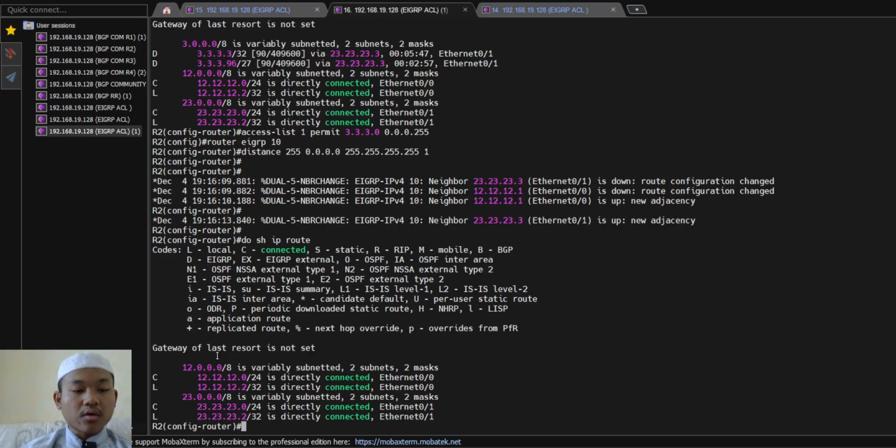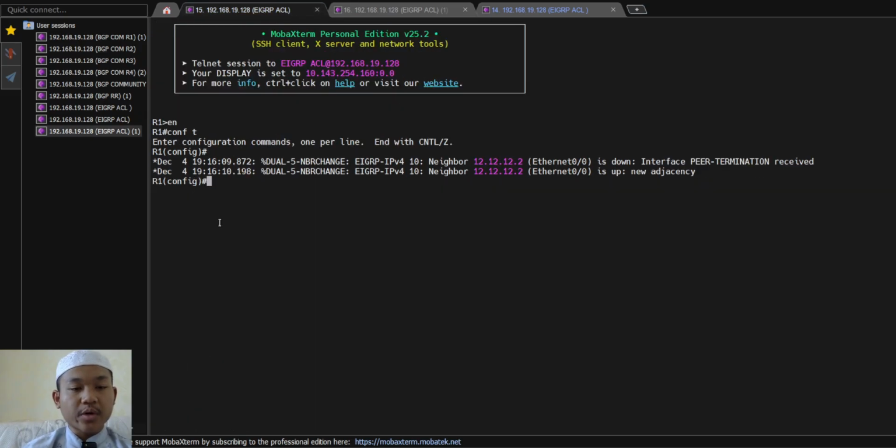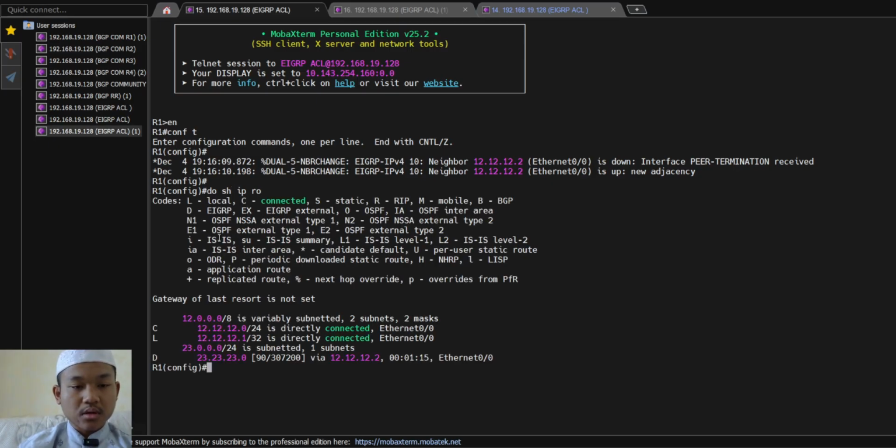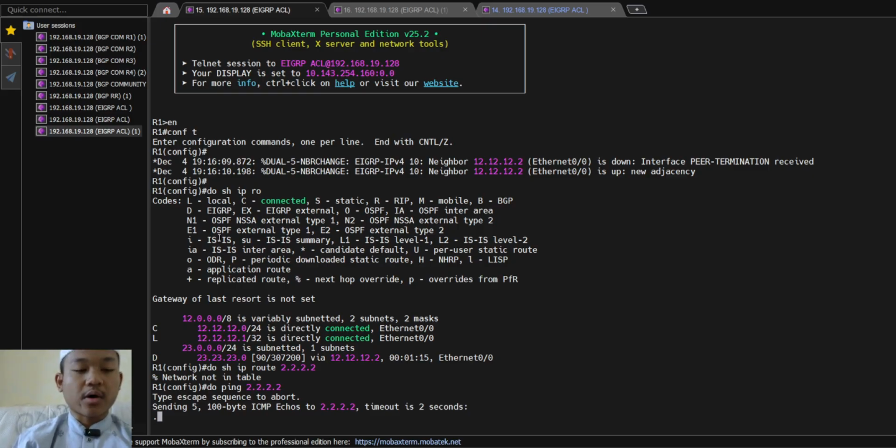Okay, and now we're going to do show ip route on router 1. Yes, the IP loopback is not in the table. Sorry, show ip route 2.2.2.2. Yes, not in the table. And then now we're going to ping the IP loopback 2.2.2.2. Yeah, it's a timeout.